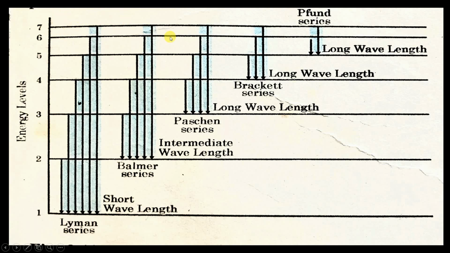Here they have written long wavelength, and here they have written short wavelength. Now why have they written short wavelength? Because when it is making a greater transition, at that time it is giving away more energy. Since it is giving away more energy, and energy is directly proportional to frequency, greater frequency wavelength will be released. And as a result, since greater frequency is released, less wavelength will be observed. Why? Because frequency is inversely proportional to wavelength. So if you have greater wavelength, you will have less frequency, and if you have greater frequency, less wavelength will be observed.